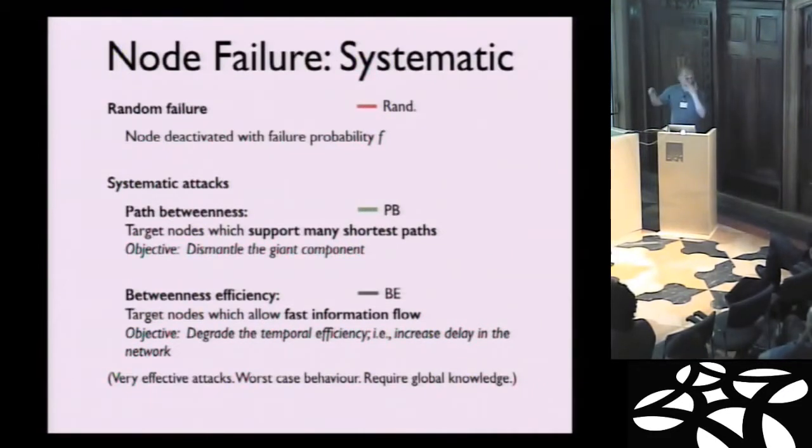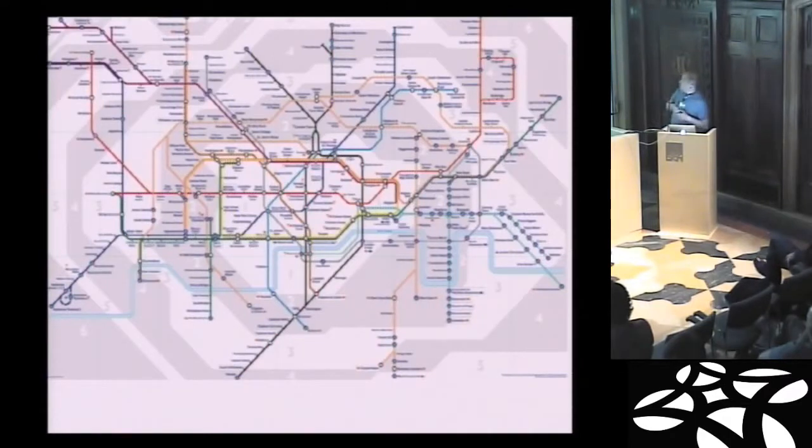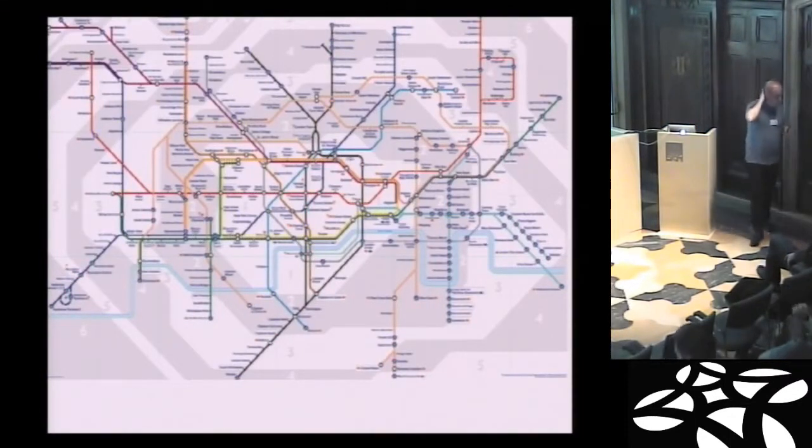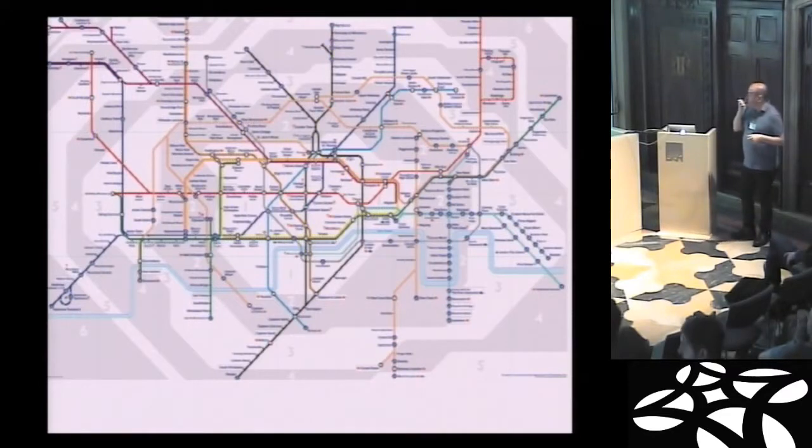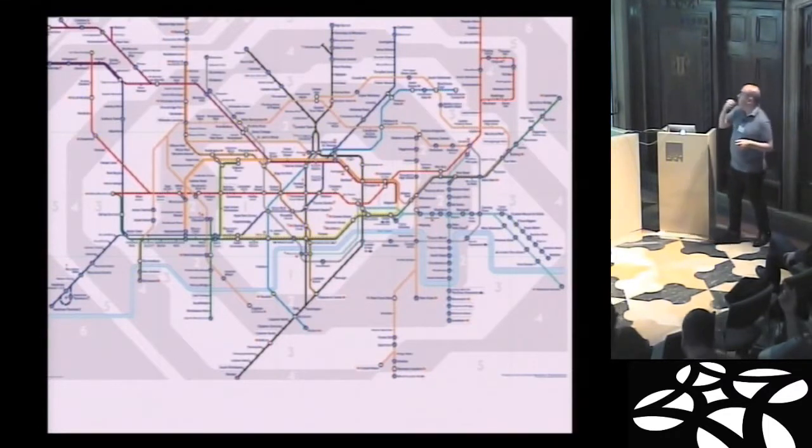But here the spatial part is interesting. It's interesting especially if you consider the London Underground network. This is the map, the famous map of the London Underground network. What you see here is a network that is, as you know, topological, because if you want to go from